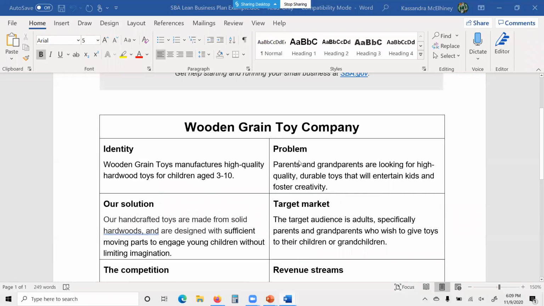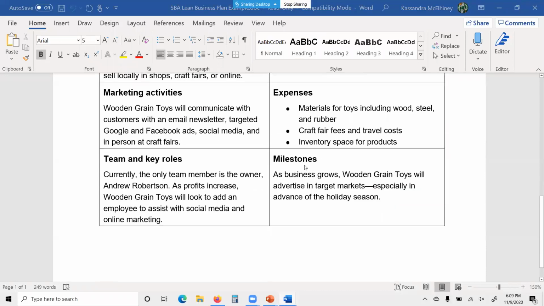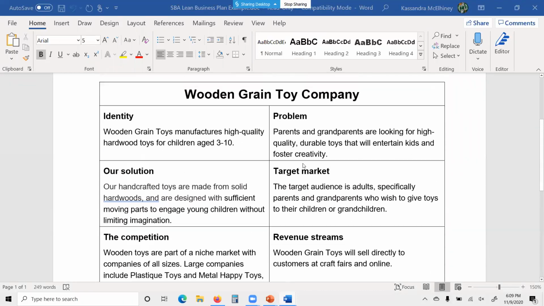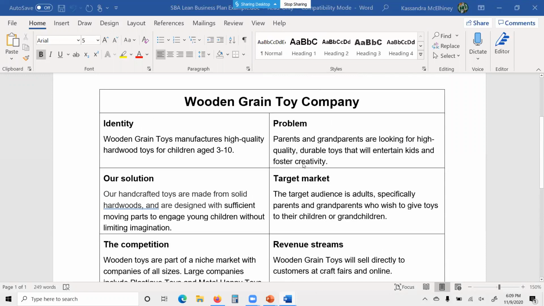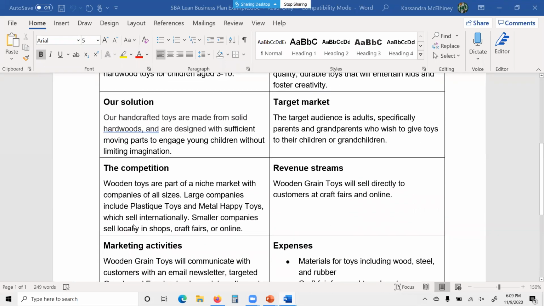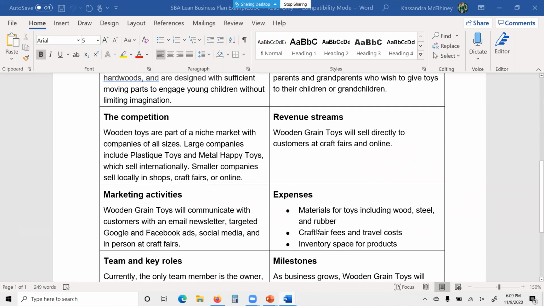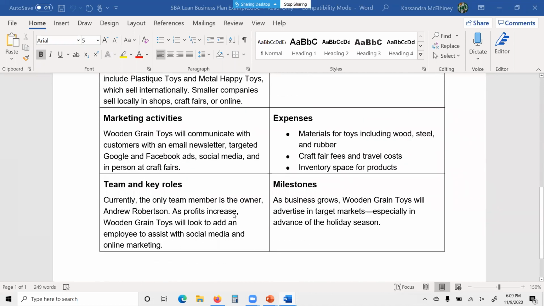Just one page, and just very general, doesn't go into any specifics whatsoever. So it just tells you what the business is, what problem the business hopes to address for consumers, what is their solution, what market is being targeted, who is the competition, where are they going to make their money, how they're going to market the products, what kind of expenses they're going to cover,